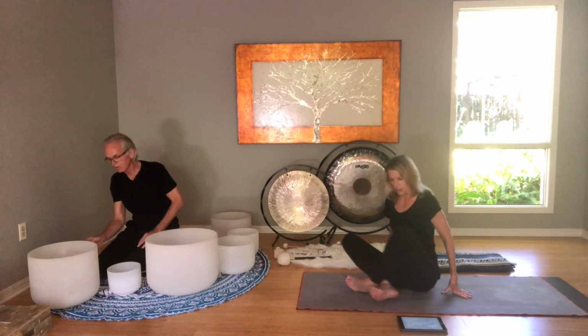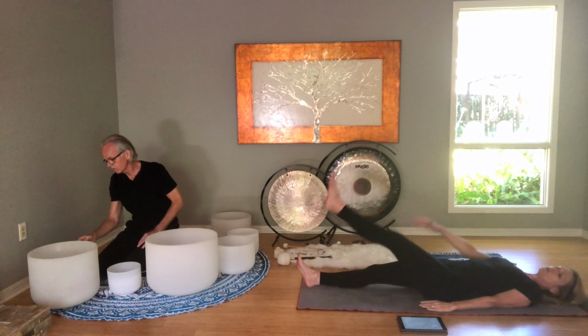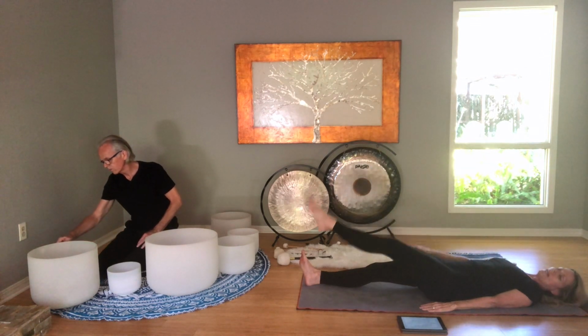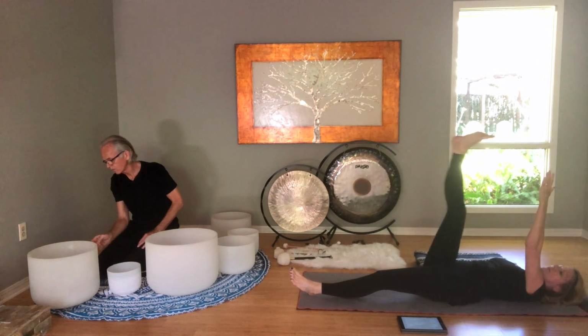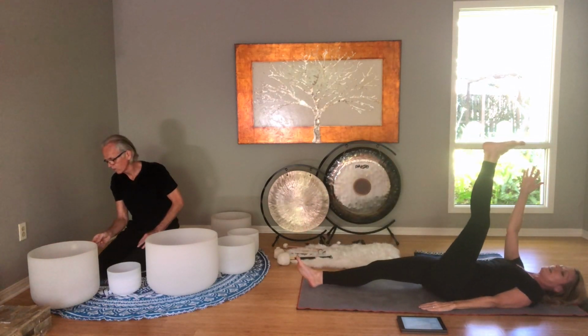So from this position on your back, you're going to lift your left leg in the air, and as you do, your right arm comes up. So both the right arm and the left leg are pointing straight up in the air, and then drop both of those down to the mat. And then the right leg and left arm come up, and then they drop down. So just alternating arm and leg,